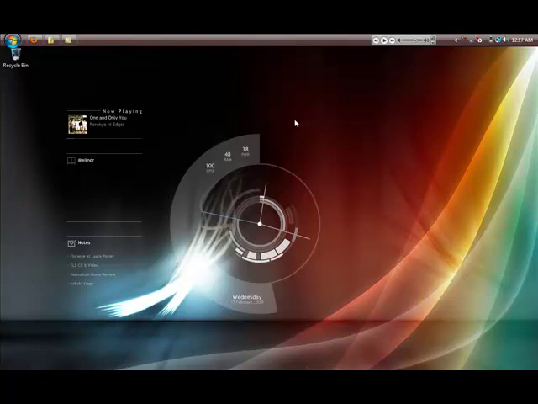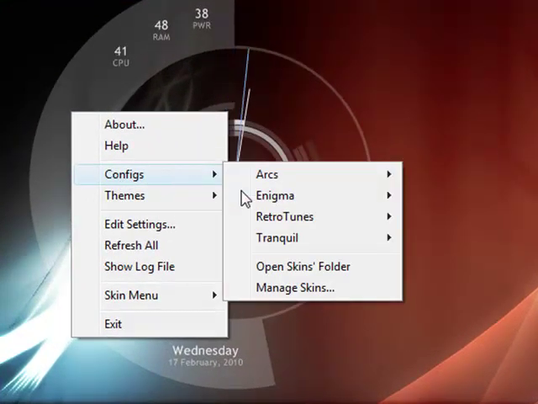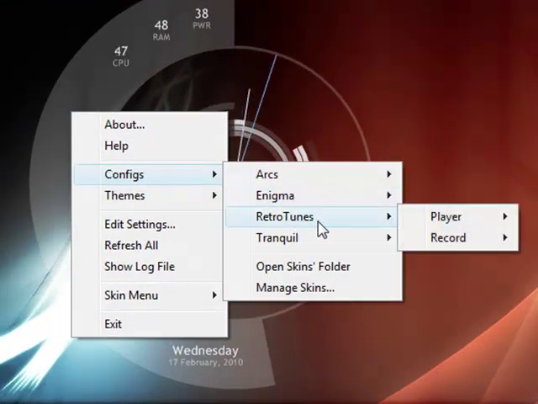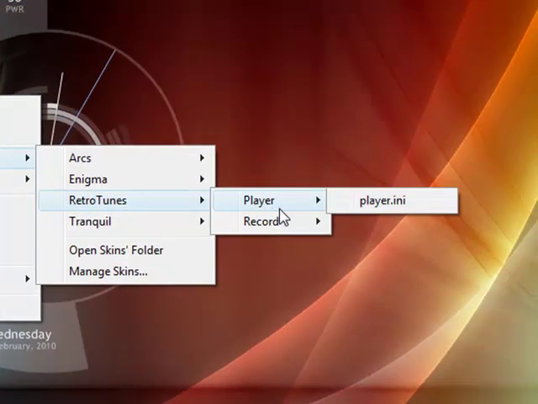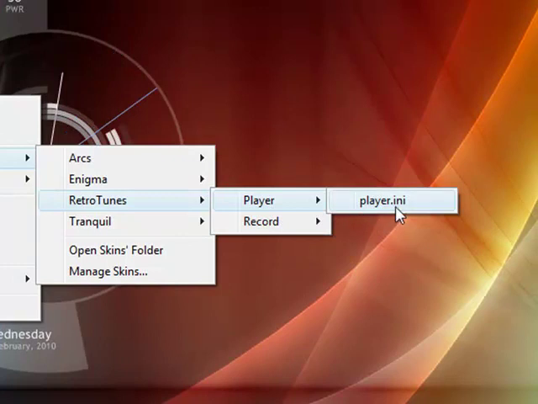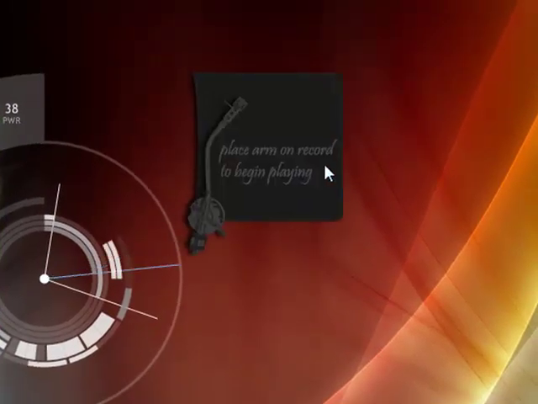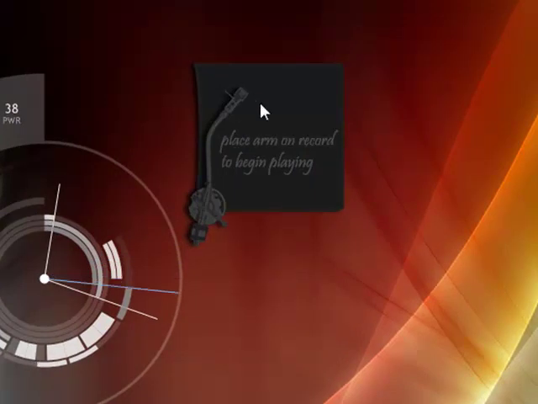So after refreshing it, right click any skin you have. So right click and go to configurations and go to the RetroTunes, and here you can see the player and record. So open the player.ini and you'll see here the skin.